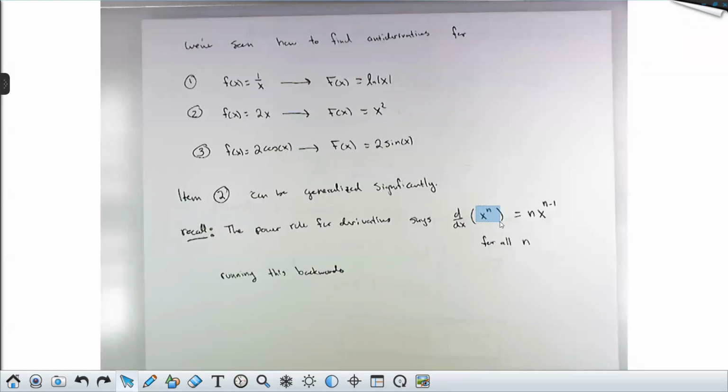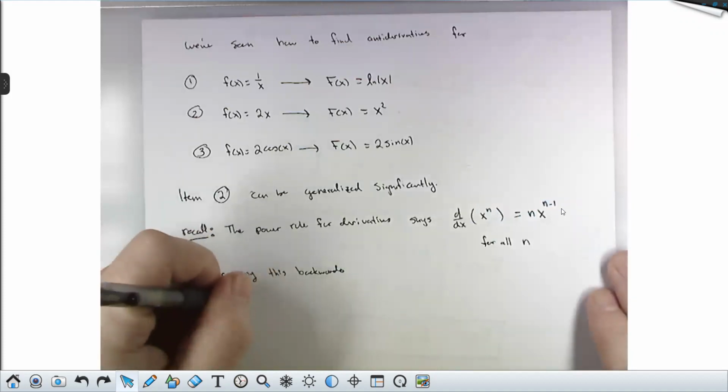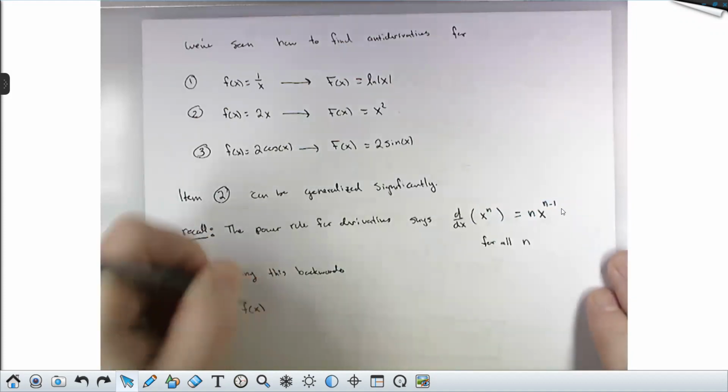So the derivative of x cubed is some number times x squared. The derivative of x to the 5 is some number times x to the 4. The derivative of x to the n in general is some number, in particular n, times x to the n minus 1. So if you want to antiderive